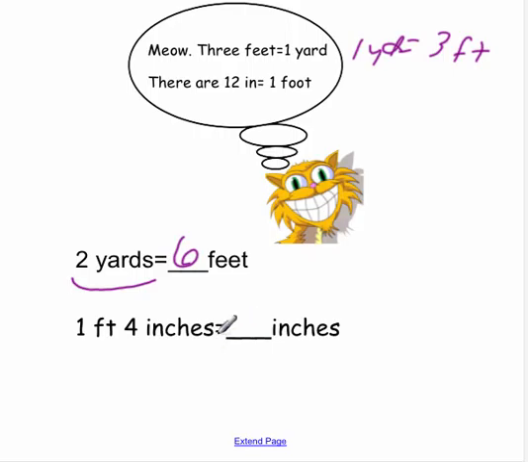Yeah. Okay, here's a super tricky one. 1 foot 4 inches is equal to how many inches? So we're keeping it in inches, but it looks like we have a little bit more than a foot here. So let's look back at the top, and we can see that we have 12 inches in 1 foot, or 1 foot with my shorthand, foot abbreviation, is equal to 12 inches. So I already know that in 1 foot, I have 12 inches. And it looks like I just have to add on 4 more. So it just becomes an addition problem now. So 12 inches plus 4 inches would give me 16